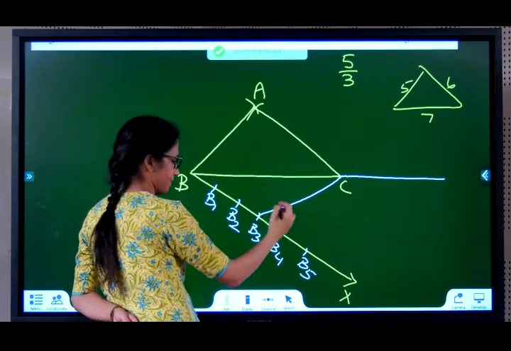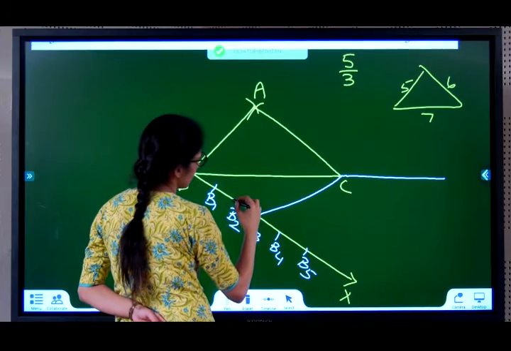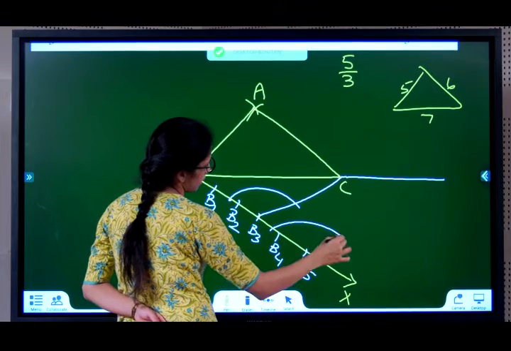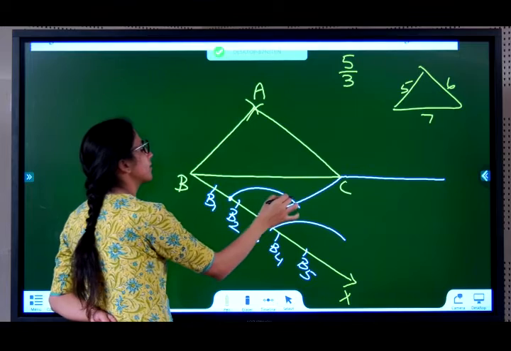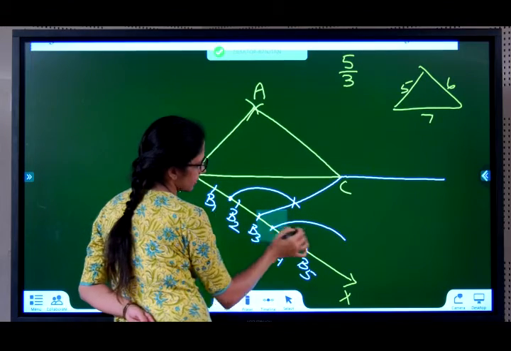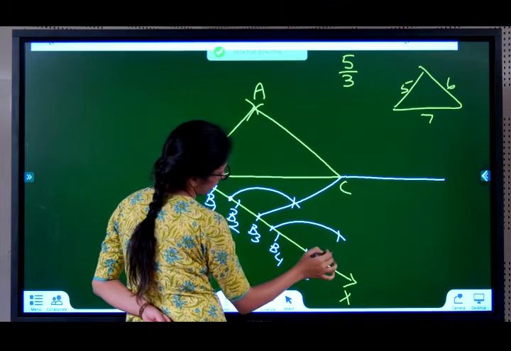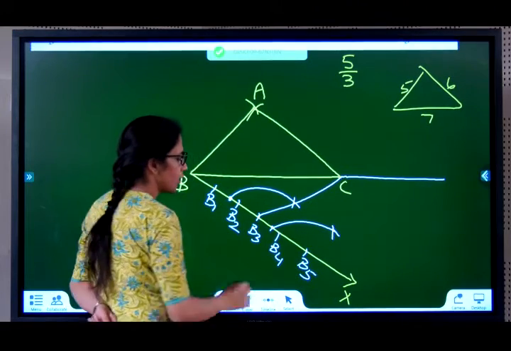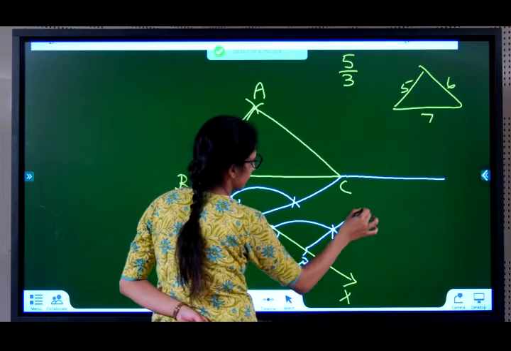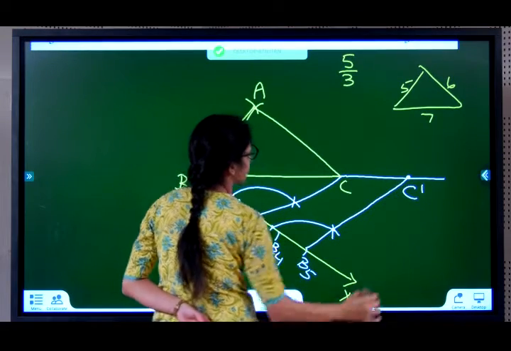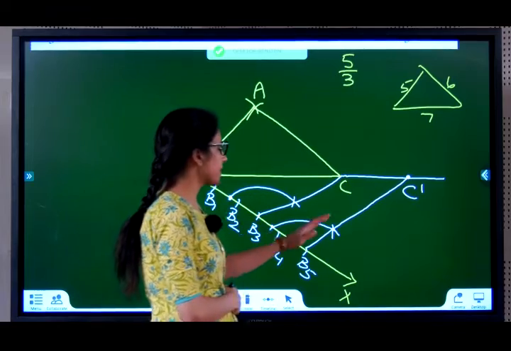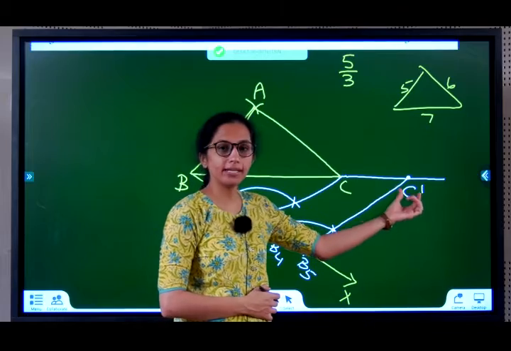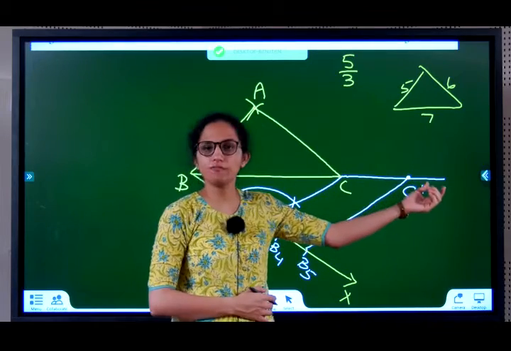Construct the same angle at B3 over here now. So how do we do that? Draw an arc. So keep the same radius at B5 and draw an arc. Then from this new point, measure this arc length. From this point, measure the arc length. In your compass, you should get it correctly. Join B5 to this and extend it on top. This new point is C dash. So what did we do? Draw B5C dash parallel to B3C, where C dash is a point lying on the extended line of BC.